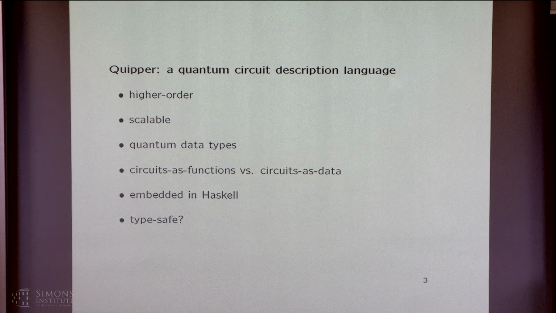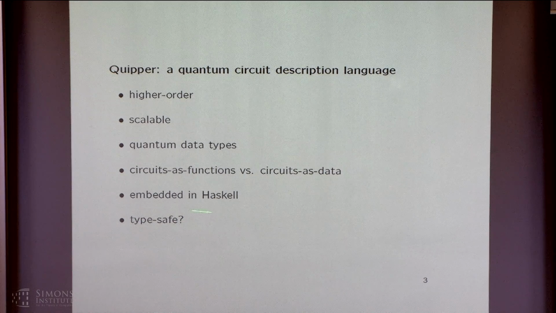And we had to do this very quickly, so Quipper was originally designed in about 6 months. And to implement all 7 algorithms took another year after that. And in order to be able to do it fast, we embedded the whole language in Haskell, which is an existing functional programming language. When you write an embedded language, you can do it very fast, because you don't have to write a new compiler, a new type checker, a new anything. Just use the infrastructure of the existing programming language.